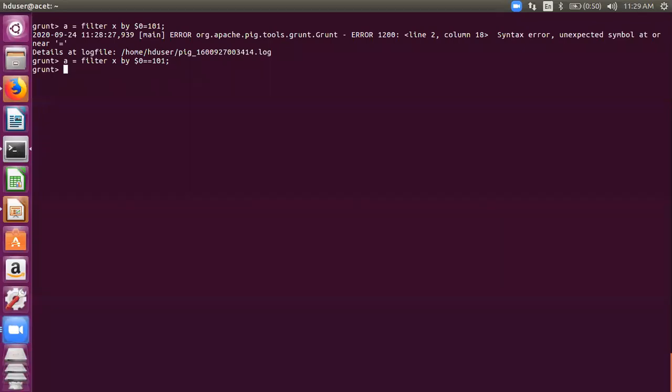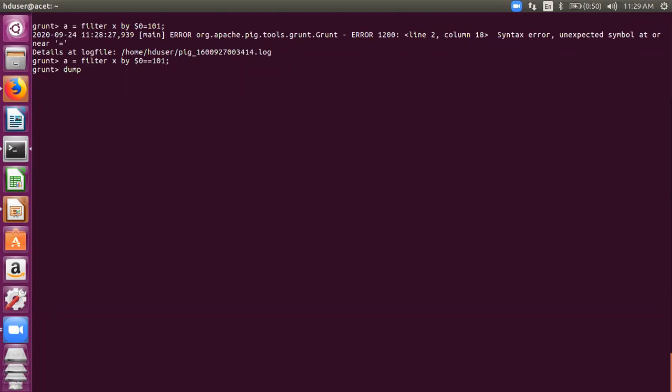So it has filtered your relation x by the first column for values equal to 101. How many rows would result here, which would be stored in A? If I dump A, how many rows? Can somebody tell me? 1 row, right?